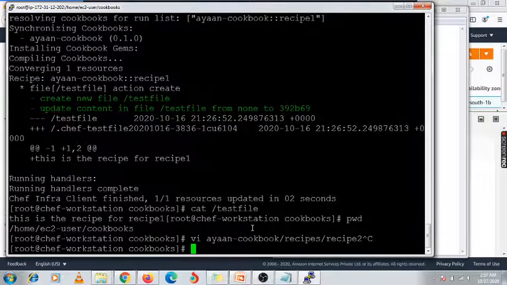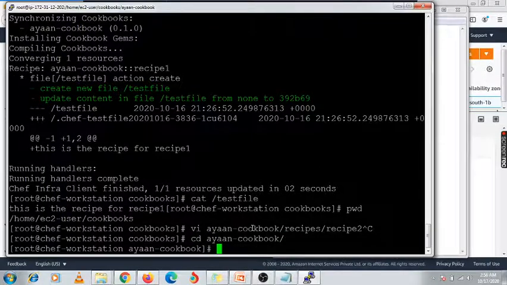But before that we need to use the command: first we need to go inside this Ayan cookbook, then you can create it using the generate command, generate space recipe space recipe 2. We are generating, or you can say creating, a new recipe with the name recipe 2.